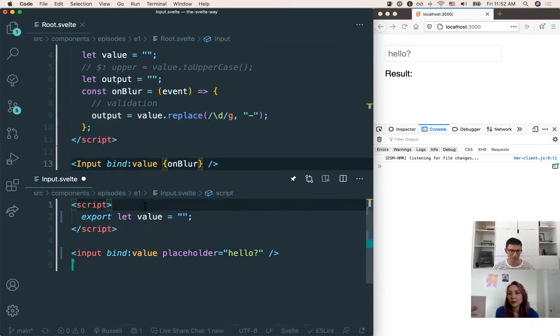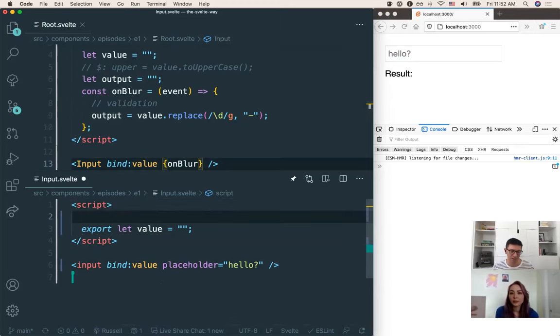I'll get the boilerplate code set up because if you're dealing in a very small use case like this, it's going to seem like there's a lot of extra stuff going on. But once your files get a little more verbose and slightly more normal in what you would expect in a real application, this isn't too much of an overhead. But basically, you have to bring in create event dispatcher. You want to import that